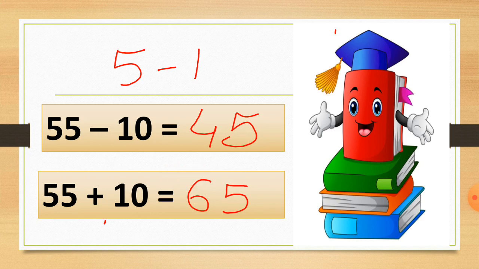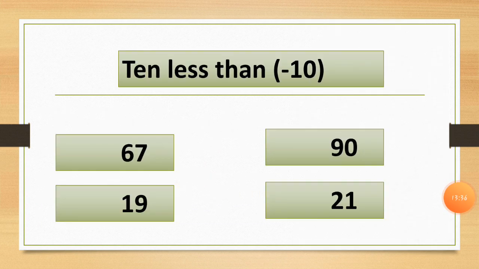Let's see one more example through this shortcut trick, and it will be useful to you. See, students, here we subtract tens. Here we are going to subtract 10. So how do we subtract 10? Let's see. Here is the number 67. So here we are using the hundreds grid first. In the hundreds grid, in which direction do we have to move? Here we subtract the number.